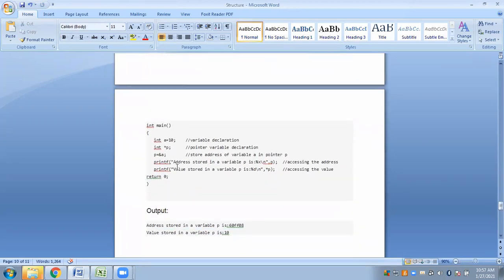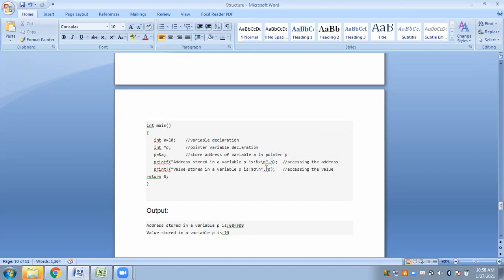Okay, so here also it is the same thing. I will share this note. Just try to execute this and see. We have a variable a whose value is 10. a will also have some address, yes or no, and that address has been stored in p now. So p contains the address of a. Now when you want to display the address or the value stored in p, if you write simply p here, it will give you the address stored inside p, that means the address of a.